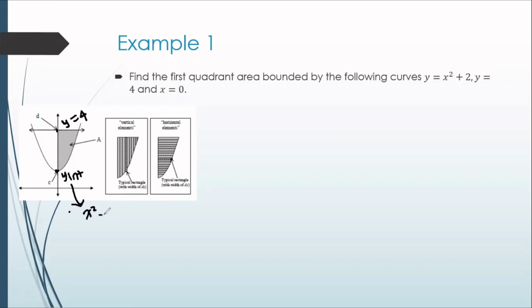X squared plus 2 equal to y. Y-intercept means when x equal to 0. So y is equal to 2. So this one must be 2. So the area is equal to